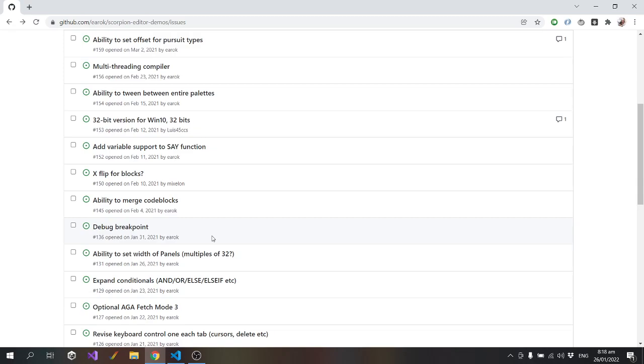You can do that to a degree with the debug dump feature, but it doesn't automatically show in the editor what line it's running, and it doesn't tell you anything about what the variable values are.